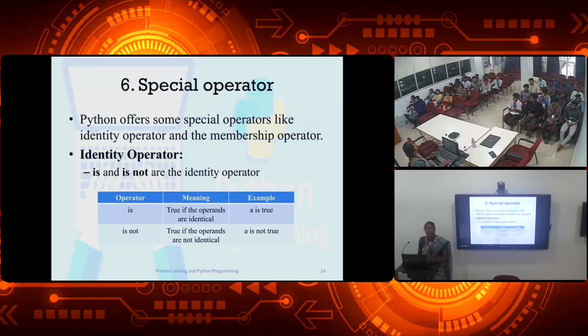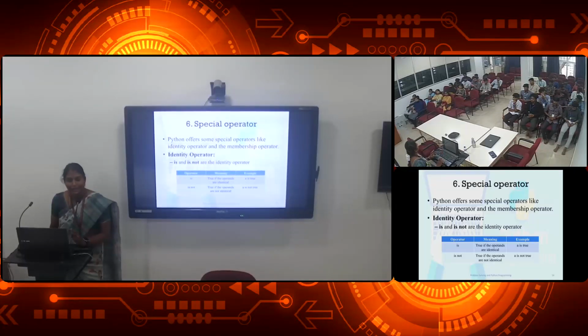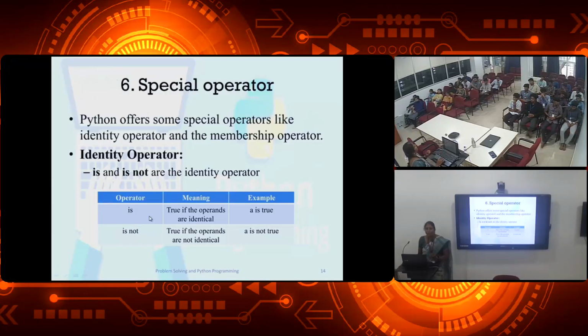Next one is the special operator. Python offers two special operators compared to other languages. One is the identity operators, and another one is the membership operators. The identity operators are is and is not. The is operator is used to check whether two objects are the same or not. For example,